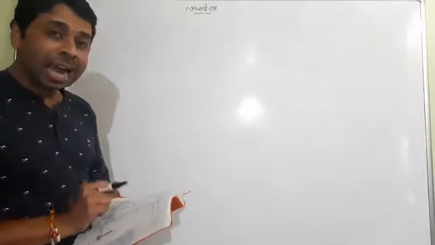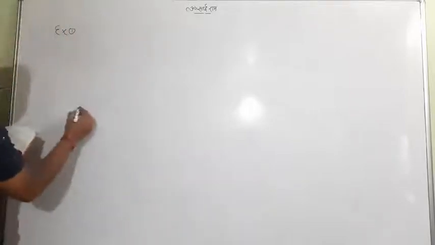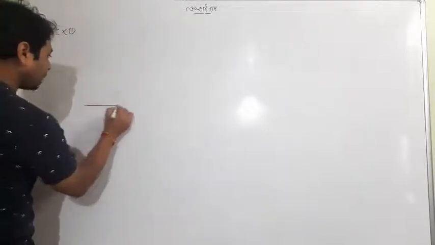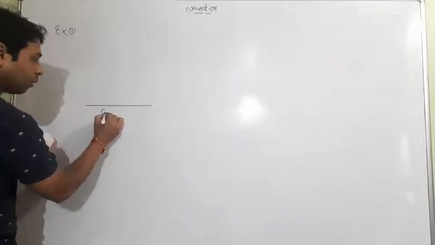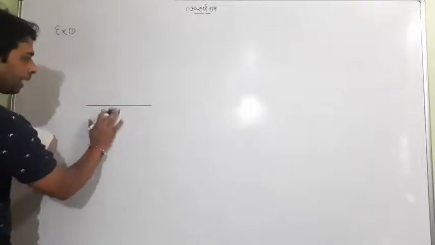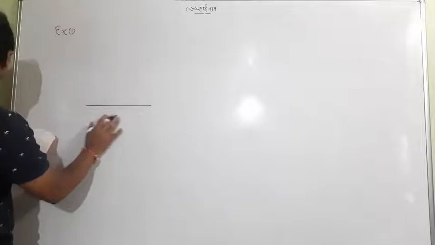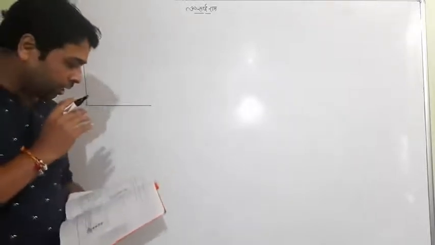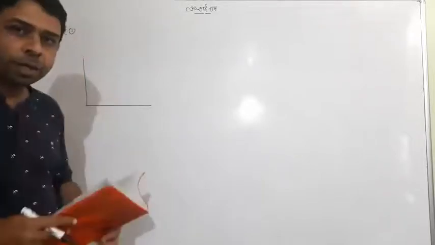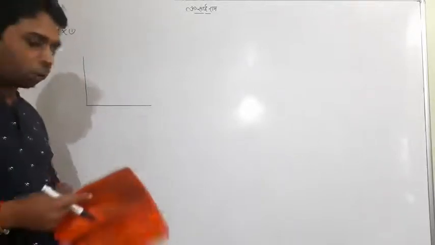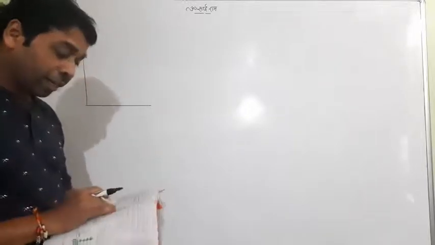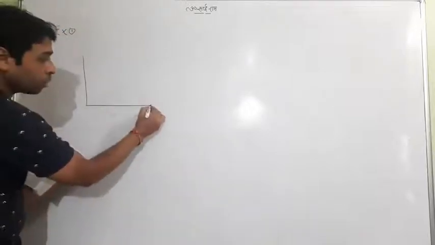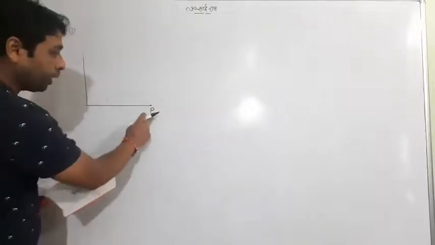A tower stands vertically on the ground. Okay. A tower stands vertically on the ground, meaning that is a tower, that is a base, that is the ground. We need not write that ground, and I am making a tower, suppose it is a tower. So try to understand that whatever is told, you have to make the diagram. So the tower stands on the ground, okay. When the tower stands on the ground vertically, from a point on the ground, suppose it is a point P, from the point on the ground